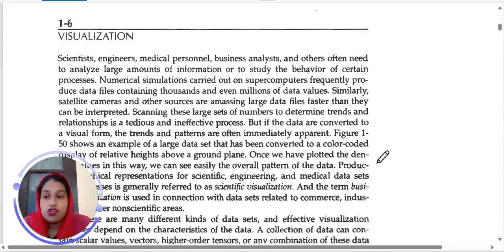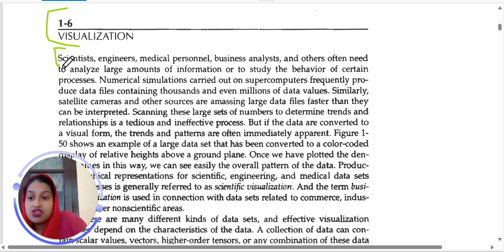Then the sixth application is visualization. Scientists, engineers, medical personnel, business analysts, and others often need to analyze large amounts of information or to study the behavior of certain processes. Numerical simulations carried out on a supercomputer frequently produce data files containing thousands and even millions of data values.